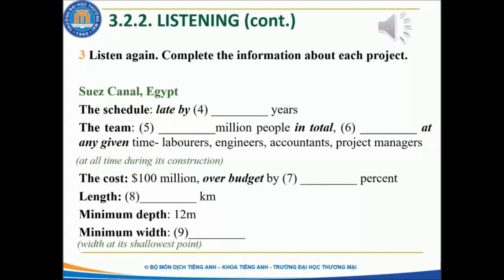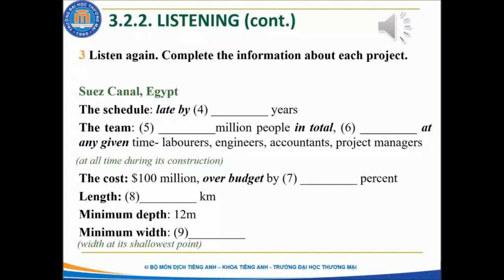The Suez Canal in Egypt connects the Mediterranean Sea and the Red Sea. Work started in 1859. They thought the project would take 6 years, but they finished later than planned in 1869, 4 years behind schedule. At one point, 5 million people worked on the project, mostly labourers, but also engineers, accountants and project managers. Some sources say that at least 30,000 people were working on the canal at all times during its construction. The project ran